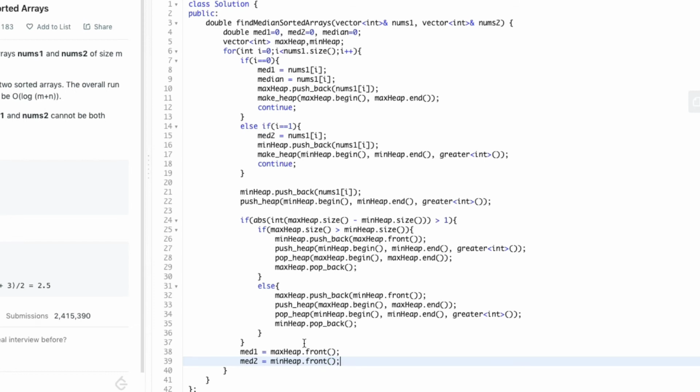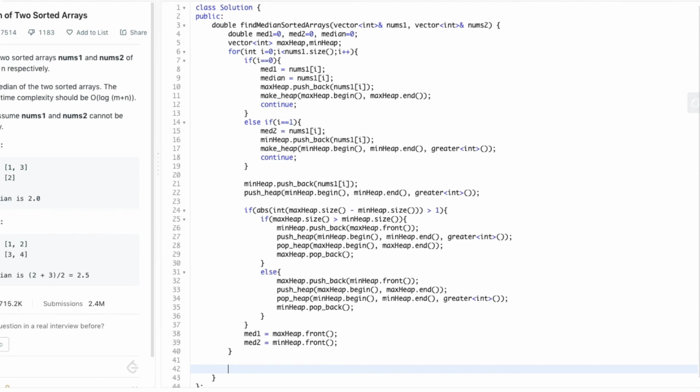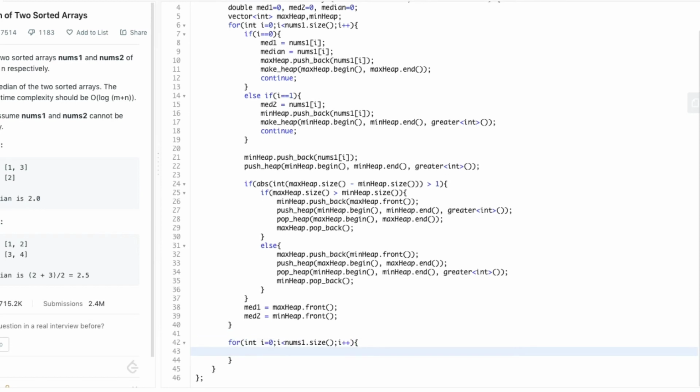So we are done with our first traversal, that is the traversal of the nums1 array. So now we can begin with the traversal of the second array, which is nums2. First we insert an if condition where we check whether i points to 0, or the first location, and the size of nums1 is 0.